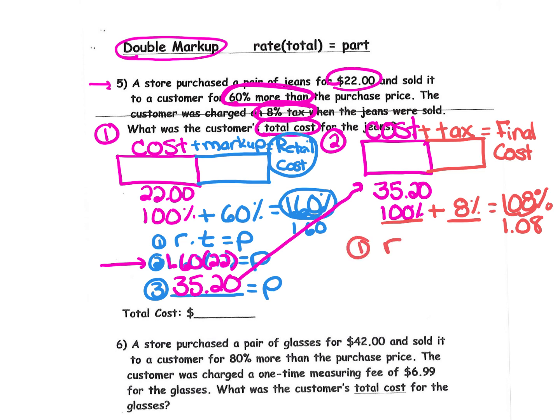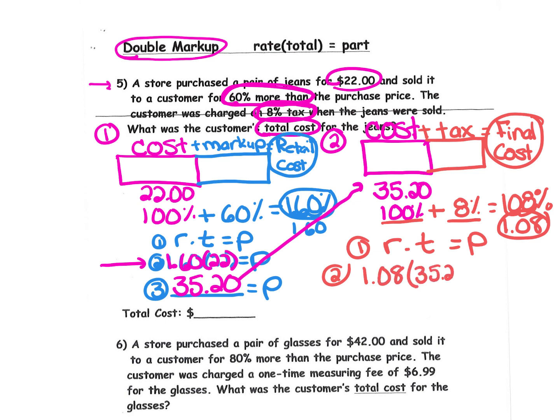So let's finish up. Write down your formula, R times T equals P. Since we're looking for the final cost with the tax included, this is the rate we're going to use: 1.08 times 35.20. Take a moment and grab your calculator and multiply. We may have to round to the nearest whole penny. You should get